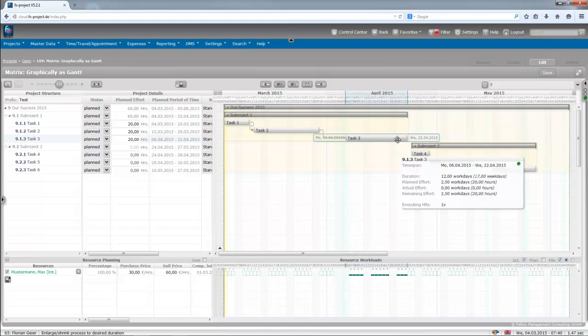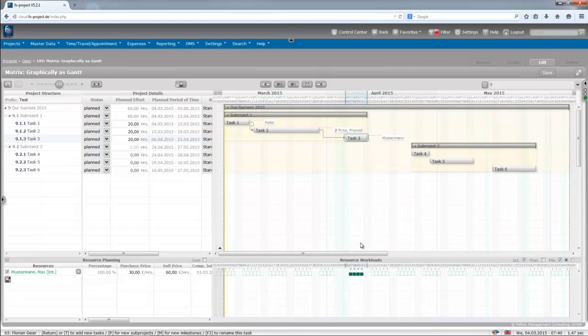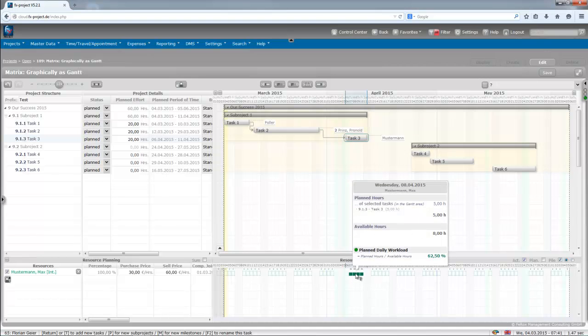If we make the period smaller, then he has only 4 days to work these 20 hours, so it's 5 hours per day, and now he has a planned daily workload